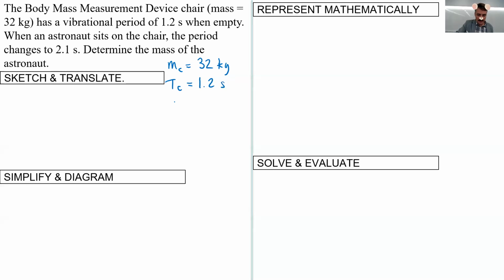But when the astronaut sits in the chair, mass of the astronaut is equal to question mark, which you're trying to find, the period changes to chair plus astronaut is equal to 2.1 seconds. So basic idea here is that if you do the system is equal to the chair plus spring,